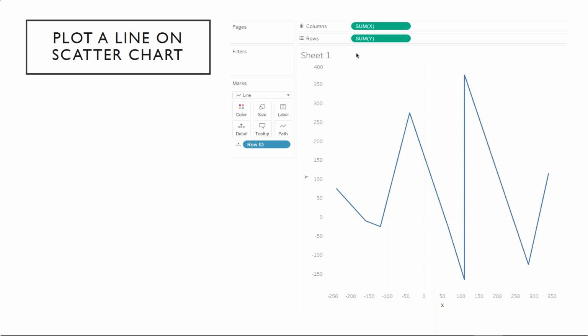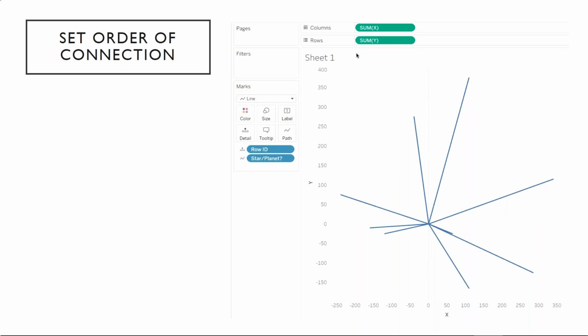So this isn't quite what we want. Tableau automatically joins it from left to right, it seems. That's because you have the mark type as line. Exactly, yes, you change the mark type to line. So you've got a line chart on this, right? So the next, to make it look a bit more like a solar system-y, a hub and spoke diagram, or a wagon wheel chart, or a spray chart, whatever you